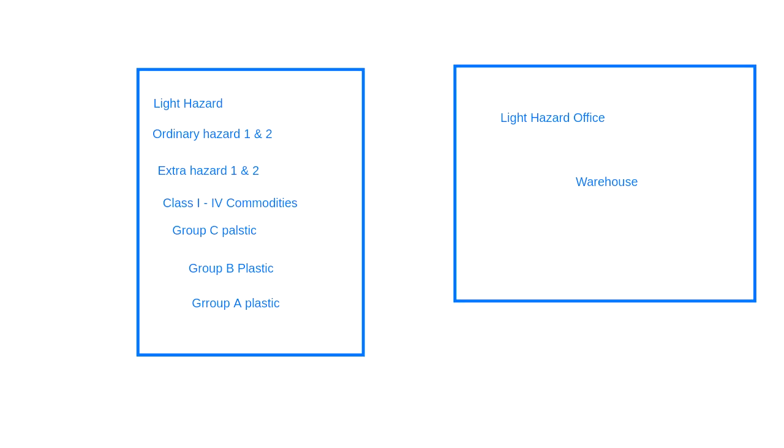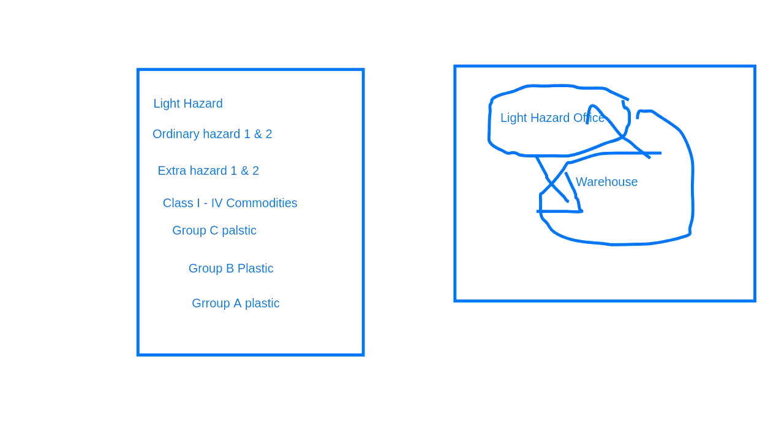You design your sprinkler system for the light hazard occupancies, and later you want to change that office to warehouse storage. Is that possible? No, it's not possible. It's a totally different hazard. We cannot go to an upper classification. You can lower it, yes, from warehouse to light hazard office, but not the vice versa. We can go from the warehouse to the light hazard, but we cannot go into the higher hazard from the lower hazard area. This is the concept.